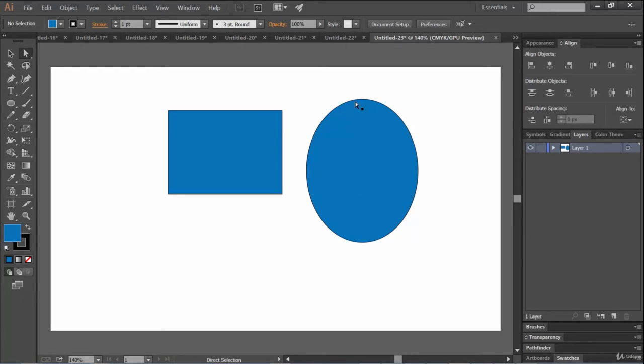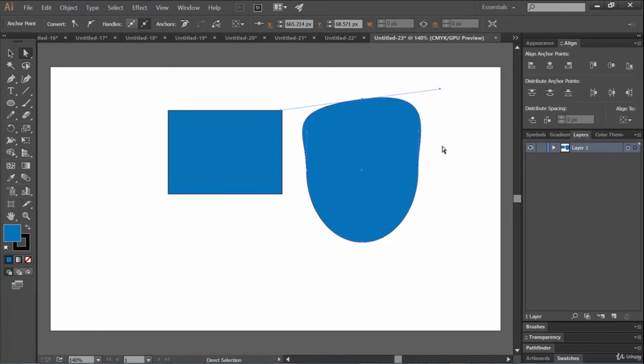Now, let's draw a marquee over a portion of an ellipse. Then you will see the anchor points and anchor handles highlighted, which are associated with the portion that you have marqueed over. And using a handle you can distort a shape. No one will question you anything.